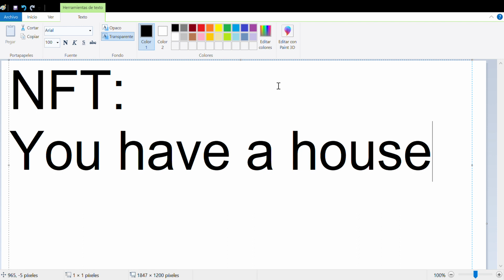But having those keys isn't what makes you have the house. You can have the keys and not be the owner, right?